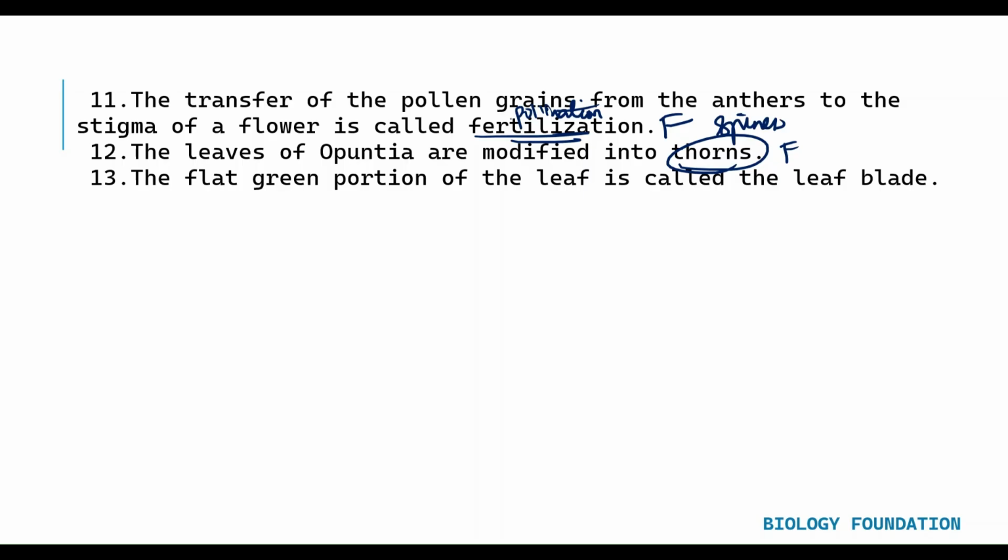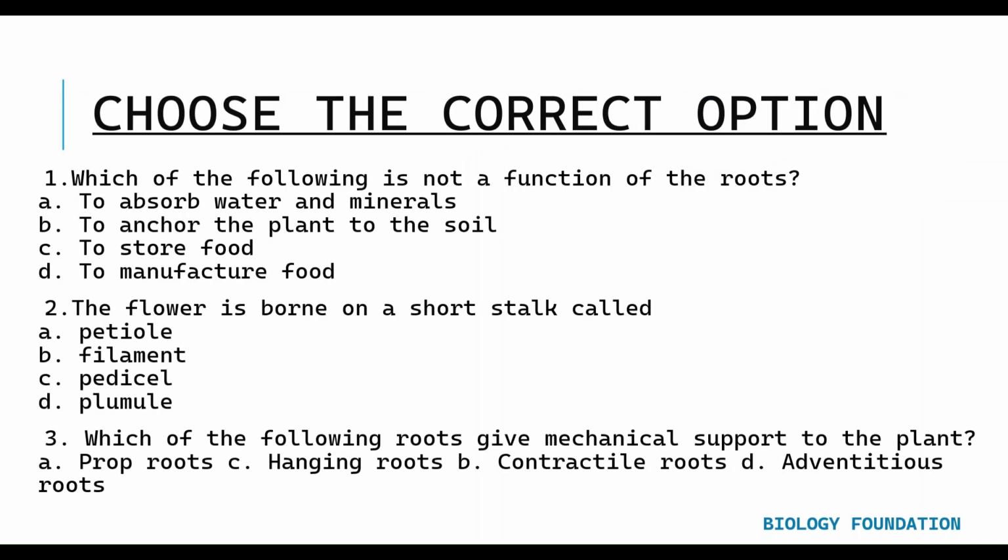Okay. The flat green portion of the leaf is called leaf blade or leaf lamina. Both mean the same, so the statement is true. Okay. So next is choose the correct option. Which of the following is not a function of roots? To absorb water and minerals, yes, it's the function. To anchor the plant to the soil, anchor means to fix the plant to the soil, yes. To store food in it, yes. Roots store food in carrots and on tuberous roots. To manufacture food, no. So this is the correct option